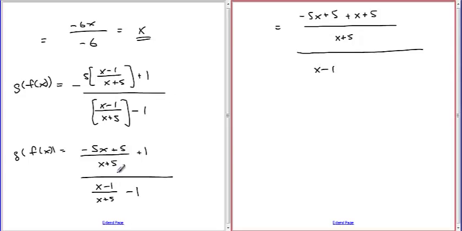So you end up with x minus 1 here. The common denominator is x plus 5 again. So we take x plus 5 divided by x plus 5, like that. So this part is that, and this part is that. Well, these cancel out. Combine like terms, so you're going to have 5x plus 5 plus x plus 5. So what is that? That is negative 4x plus 10,